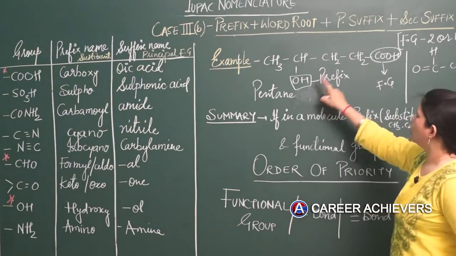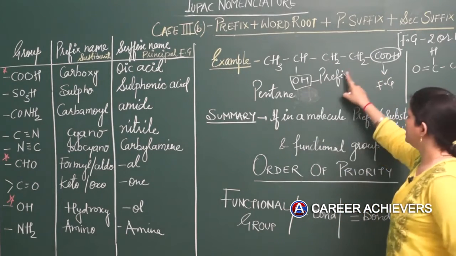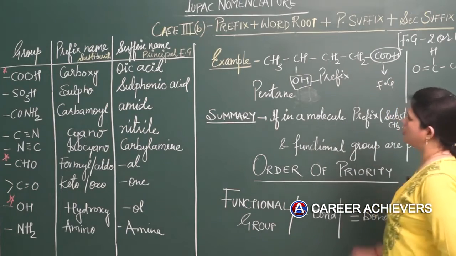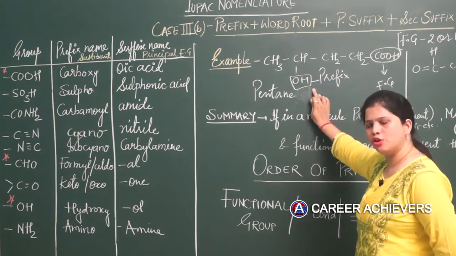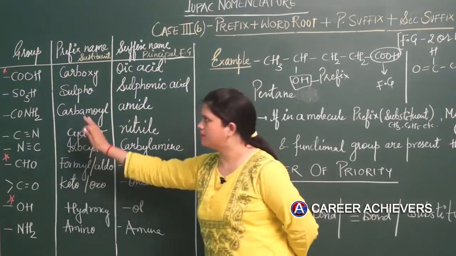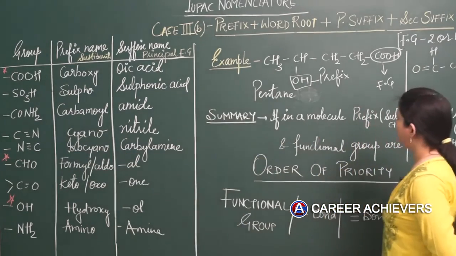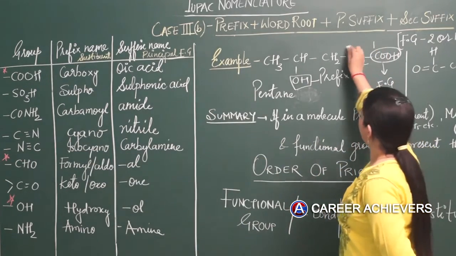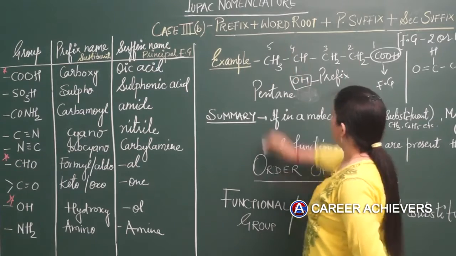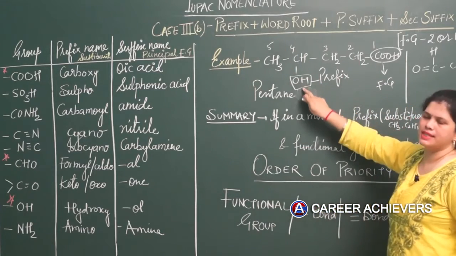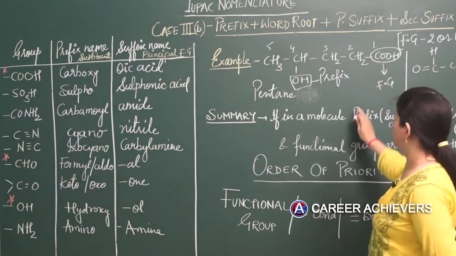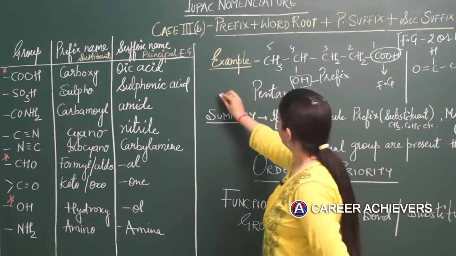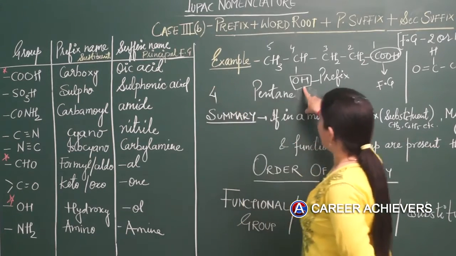Then we have to talk about the functional groups. I told you already this would be treated as your principal functional group or only functional group, and this would not be treated as a functional group because this is coming at the downside of the carboxylic in this priority table. So we would be numbering from here, right? So your hydroxyl group is getting 4th position and the functional group is directly at the 1st position only.